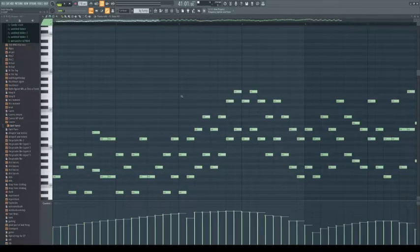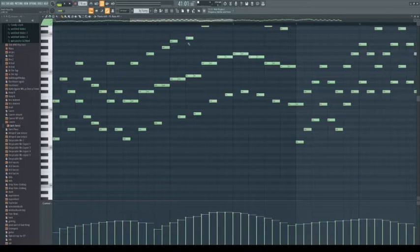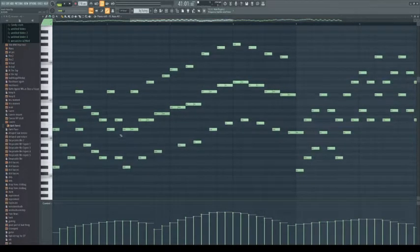What's going on with the actual MIDI is I have this arpeggio going with the main triad of the song, and then I add the 2, it looks like. Yeah, I add the 2, so it's a suspended 2, I guess. No, it's just an add 2. So it's an add 2. And then I keep playing the arpeggio without really adding anything. And then when we get about here, it starts playing a melody, which is...